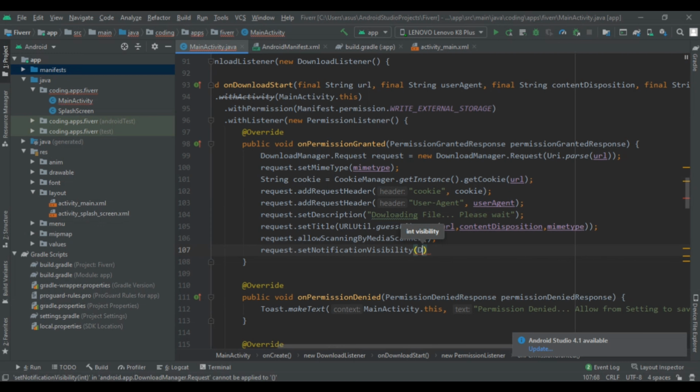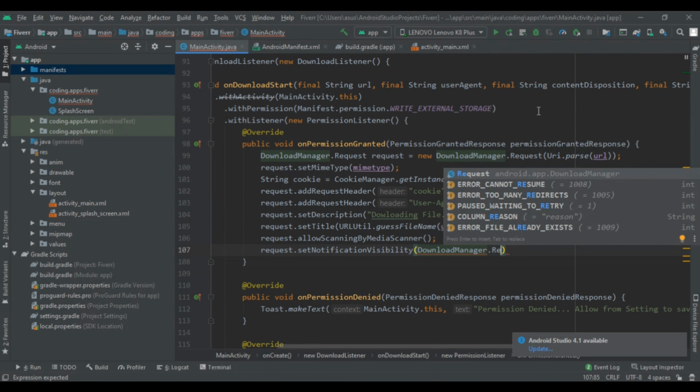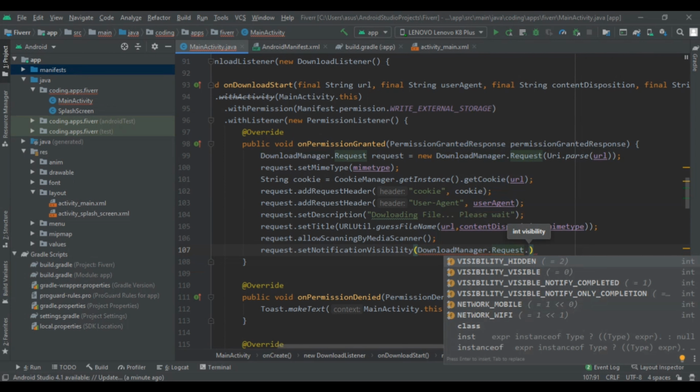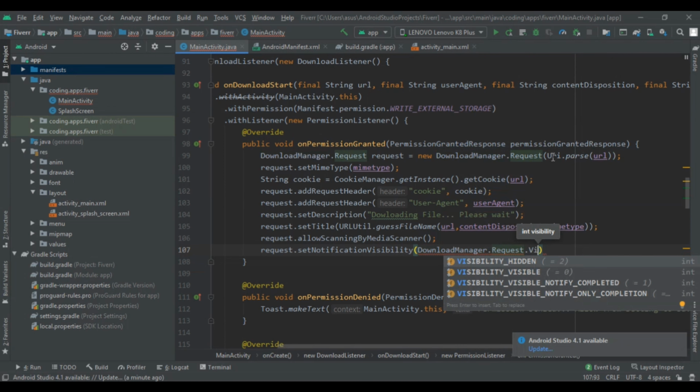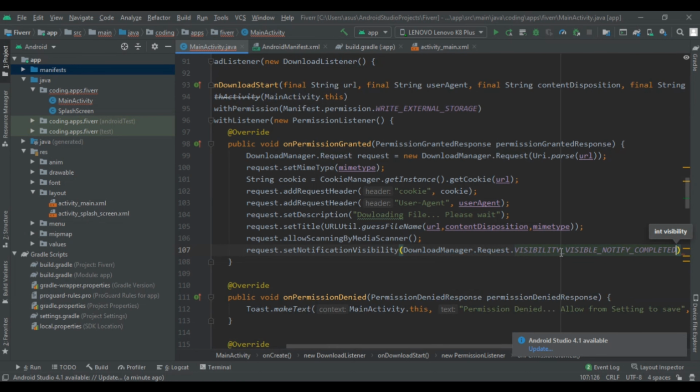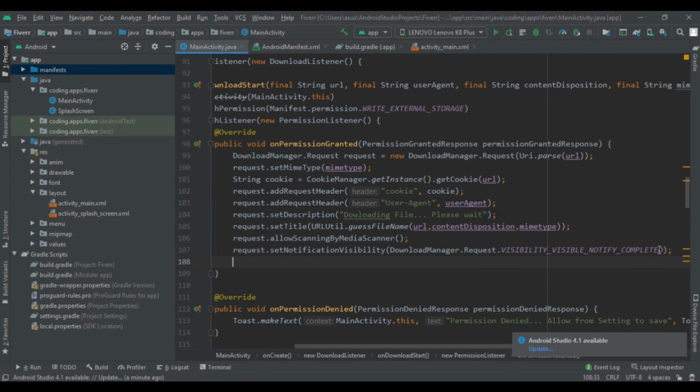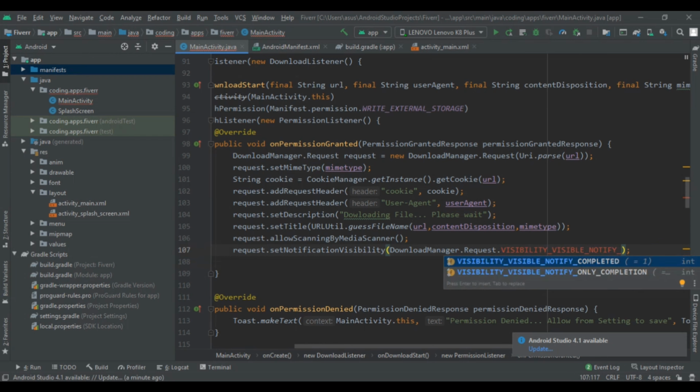First of all we have to write DownloadManager dot Request dot VISIBILITY_VISIBLE_NOTIFY_COMPLETED. So this is done. First let me check whether we had written true or false. So this is true.